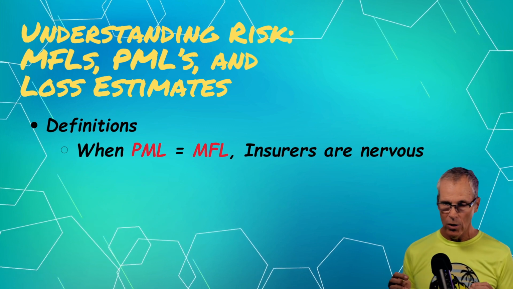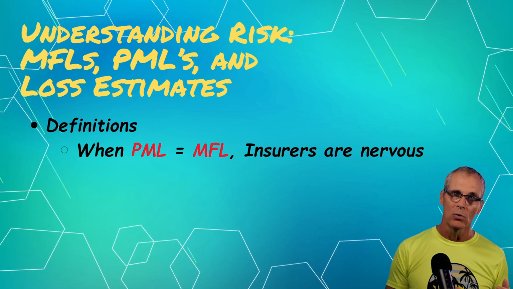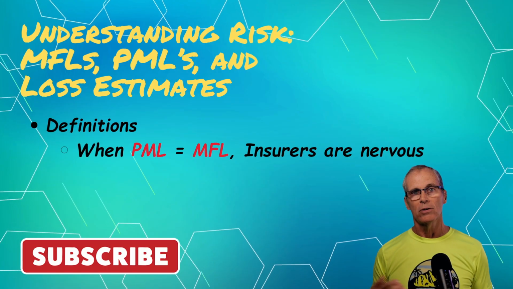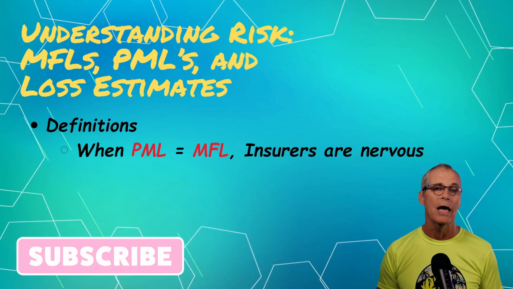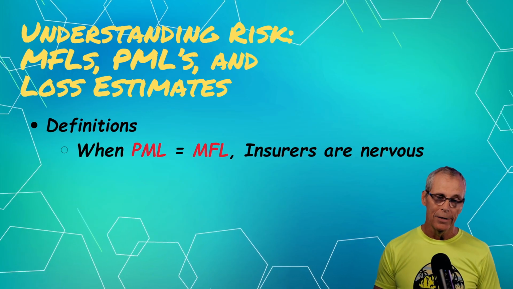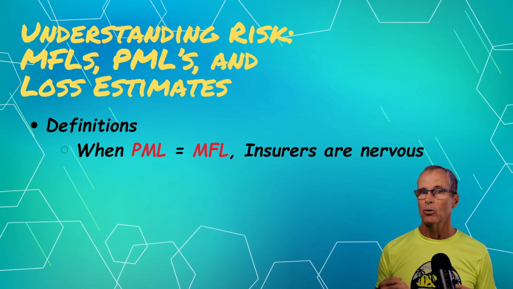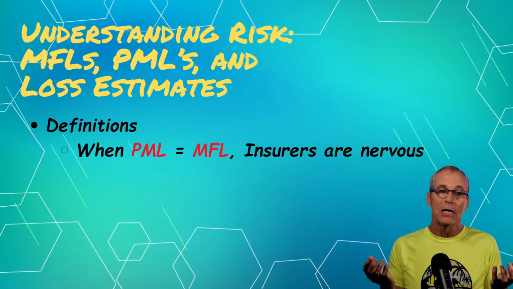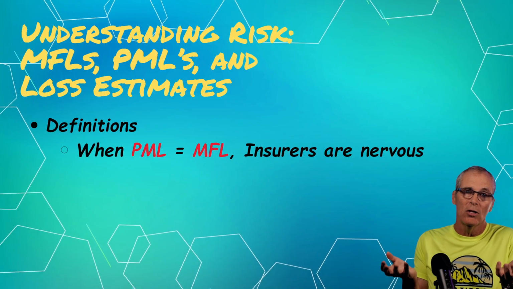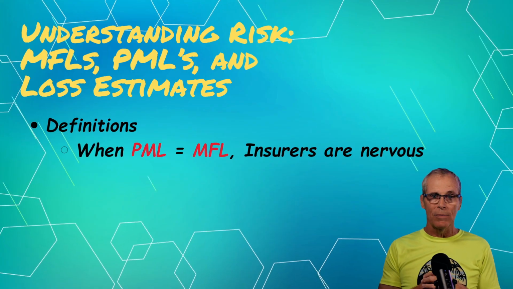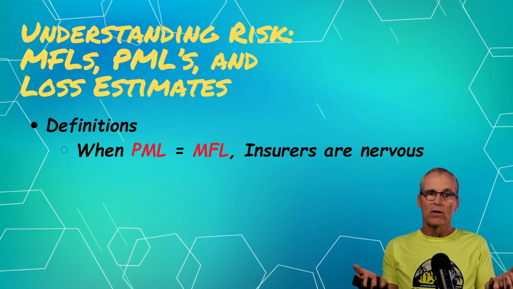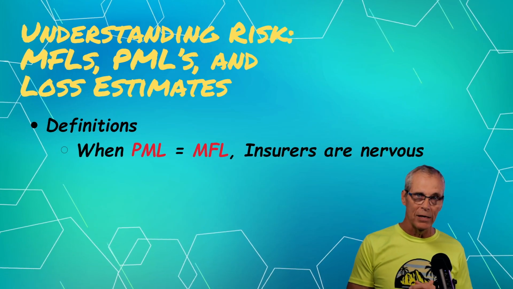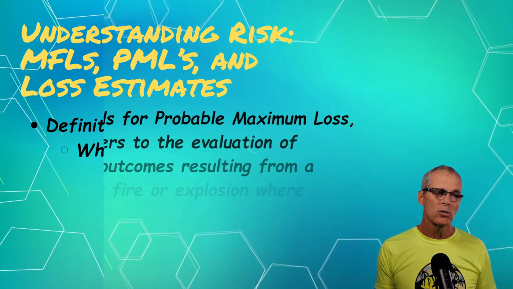And what does that mean? Well, the PML is something that you are not surprised can happen to a plant. The MFL is something that you're surprised if it happens in the industry. You've heard of them happening in the industry, but they're shockers when they happen. So if they're equal, if the likelihood, the amount, the risk of those are the same for your facility, that means that you're expecting to have the worst catastrophe, a lifetime event at your facility. So they don't like them when they equal.